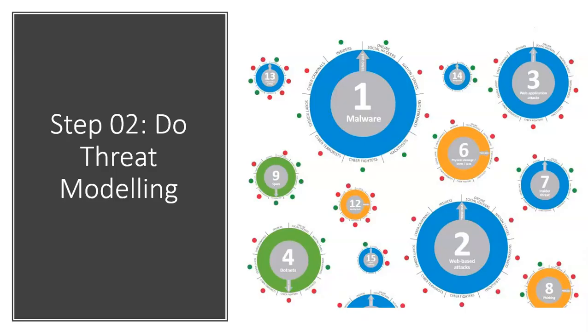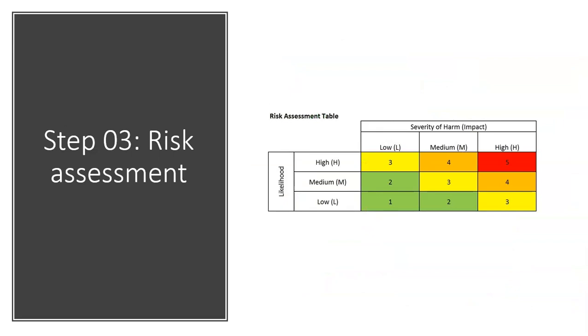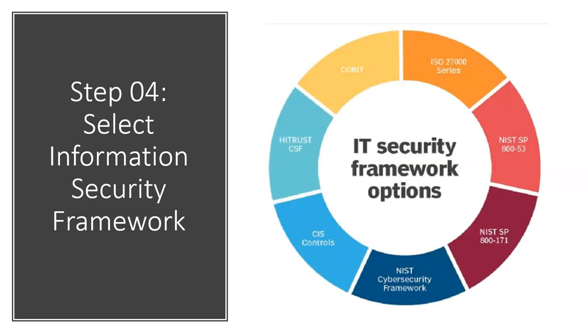This will help us to understand the whole threat landscape in a better way. And the third step is to do a risk assessment. So in our statement, we can say to determine any appropriate security control, we must analyze the threat and risk, and also we need to know the affected stakeholders with proper focus on the laws and regulations. Once we are ready with our analysis, then we need to select our information security framework from which we can select the security controls. Some of the security frameworks are ISO 27001, NIST CSF, COBIT, etc.